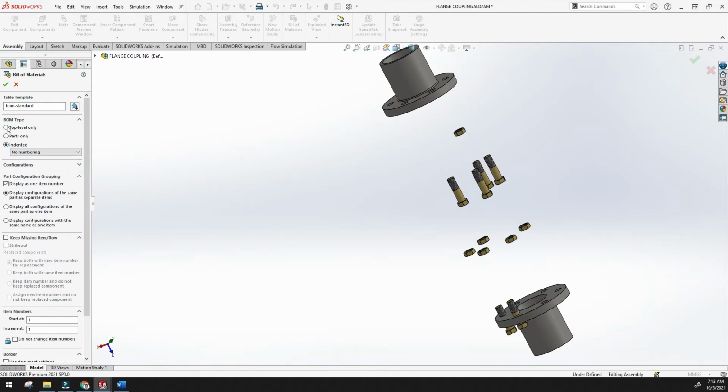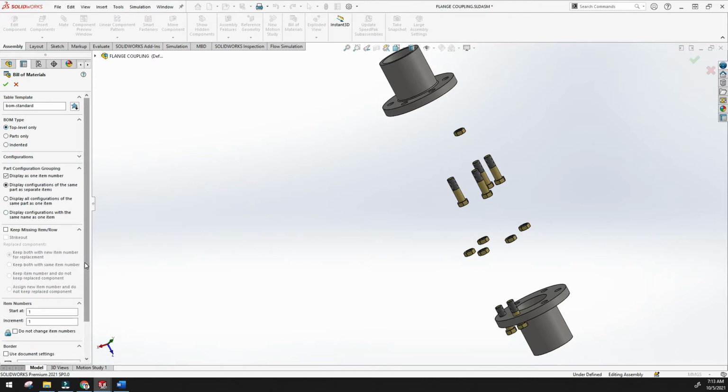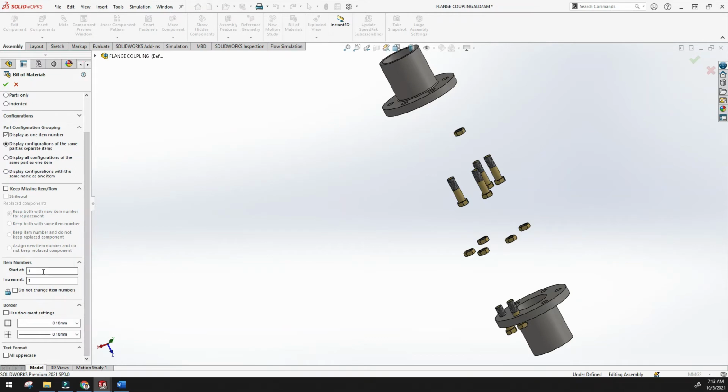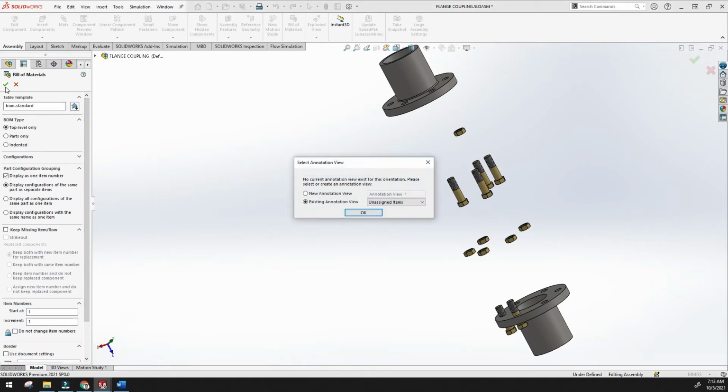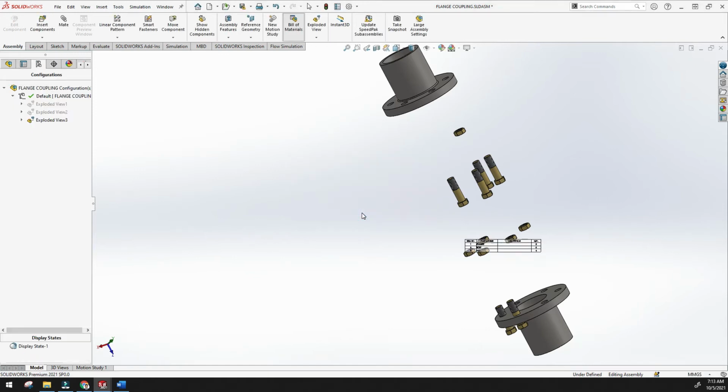And start, add, increment, document settings are there. Okay, what document setting you want to give here, just click yes. And existing annotation view, you can see here is the option, new annotation view. Just click the existing and okay, and done.